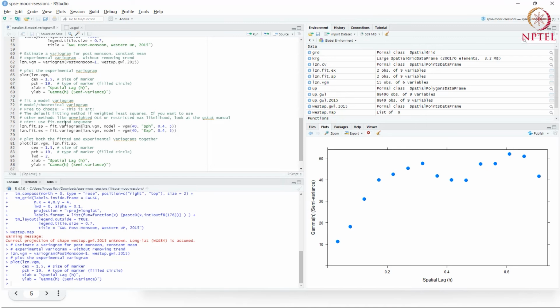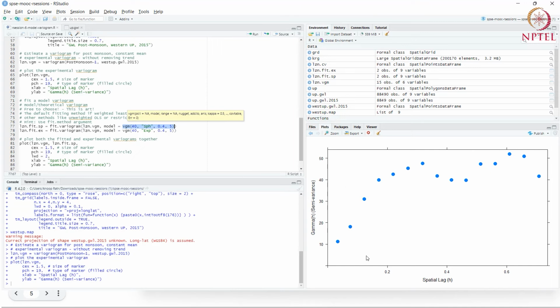And the way we do that is by using a function called fit.variogram. This function, as the first parameter, takes the estimated variogram. What are we fitting to? And as a second parameter, it takes something called a model, which is given by creating an object of type VGM. If you just hover over this, the first parameter of VGM is something called a partial sill. Second is the model. Third is the range. Fourth is nugget, and then a bunch of other parameters.